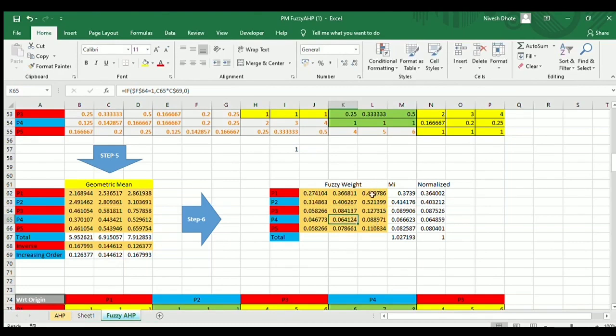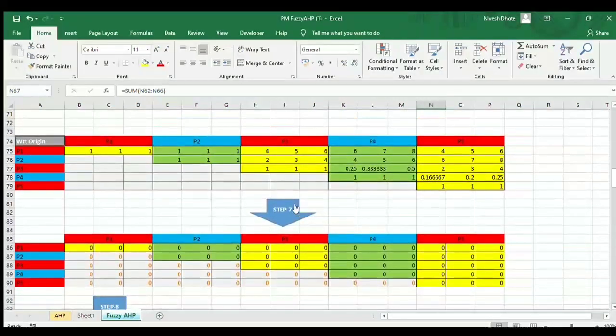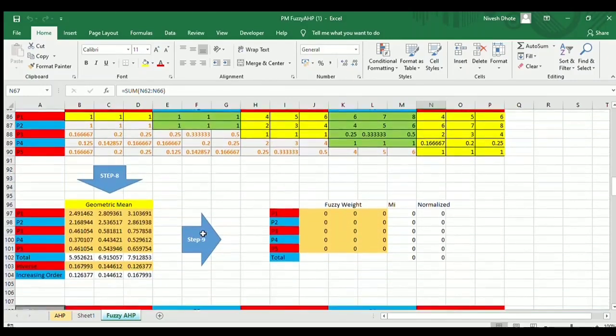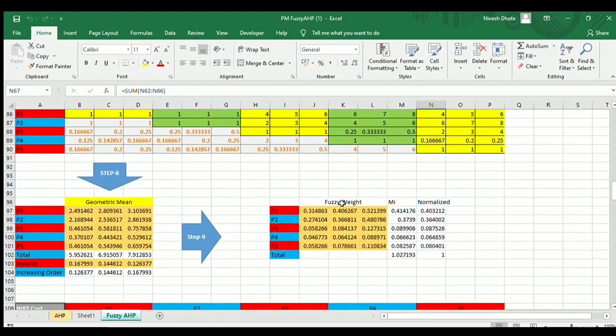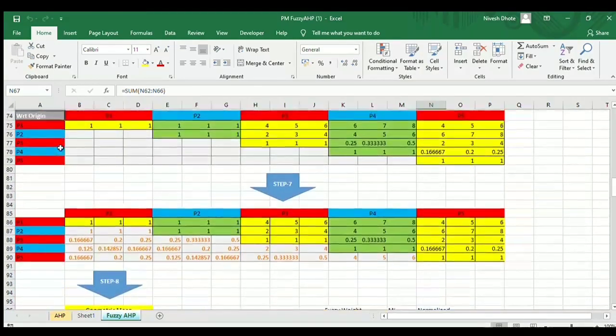After this, we will take the average of every project. We are using the average function to take the average of the first 3 columns. Similarly, we are taking the average of these things. After the average, we will take out the sum. As the sum is not equal to 1, we have to normalize it. So how to normalize? 0.3739 divided by 1.02 will give us 0.36. Similarly, we do it for every field, and when we sum it, it comes to 1. Similarly, we have done this with respect to origin, with the same steps, taking out the weights of project 1, project 2 with respect to origin.